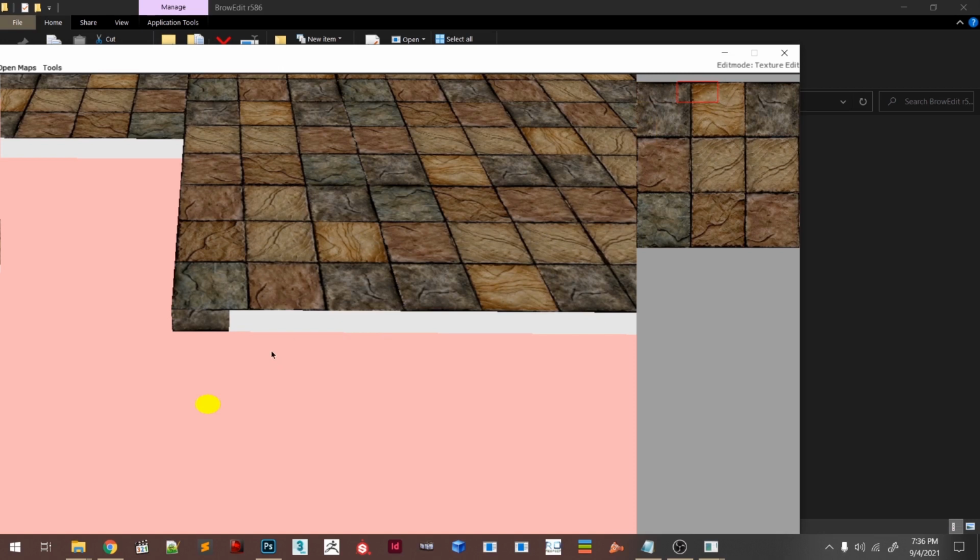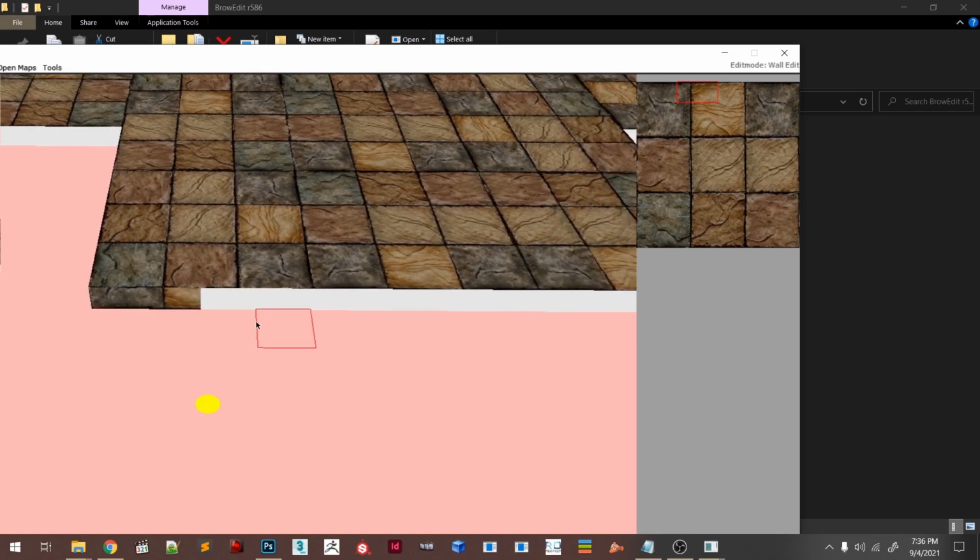Okay, I select this piece of texture and I press F4 for wall edit and the camera key again. And you can see that it's creating the wall. So press F1 again, select the other piece of texture, press F4 again, camera key. Now if you don't press F1, you might crash your wall edit. That's why I'm doing this.